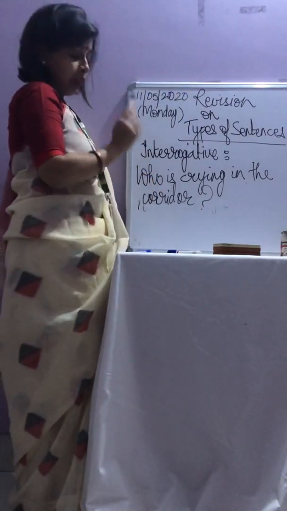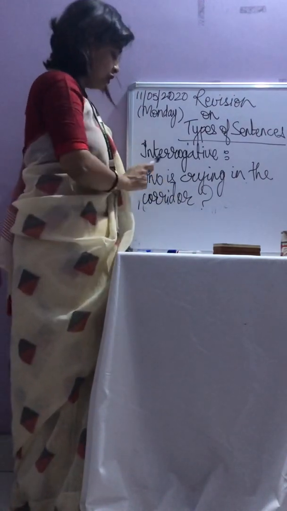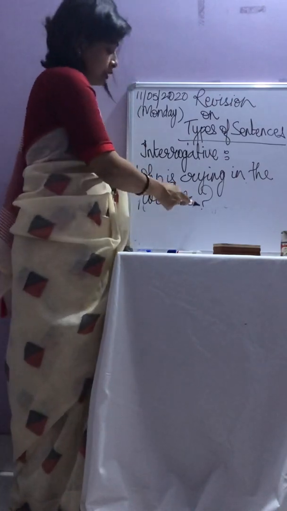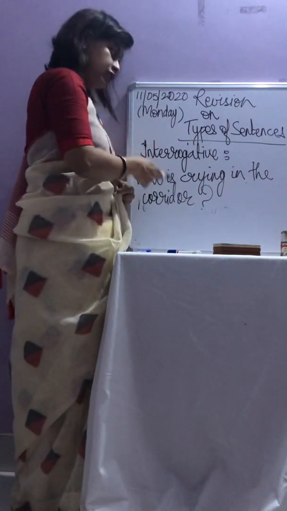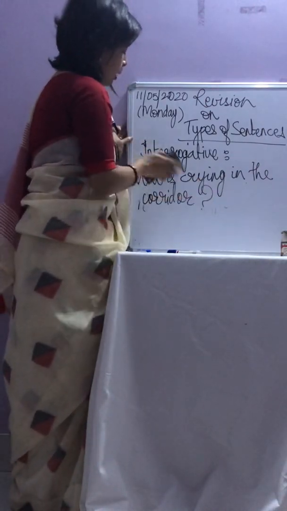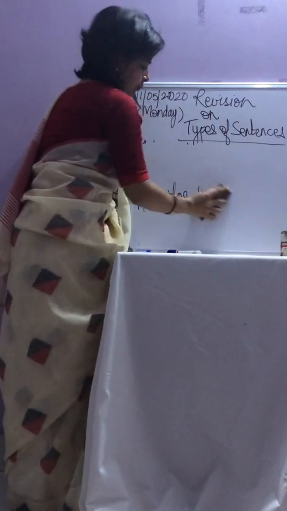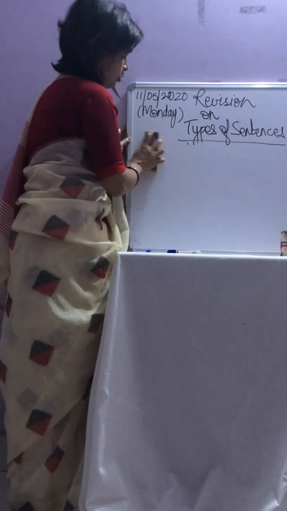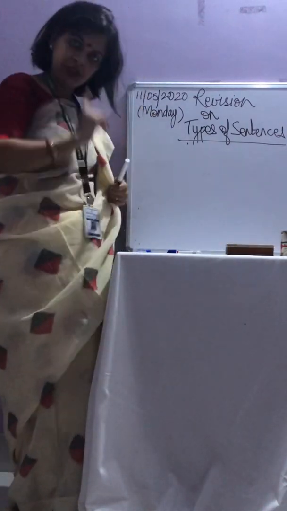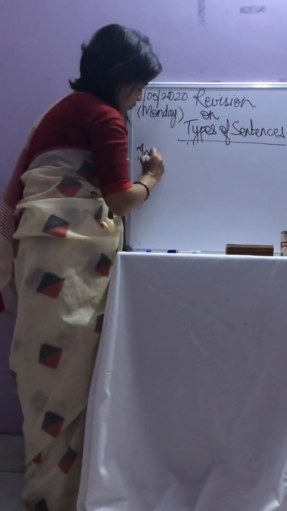Now, the interrogative sentence always questions. Okay, it always questions, and it begins with a capital letter and has an interrogative sign at the end. That's a question. So this is an example of interrogative sentence. Now let us go to imperative sentence. Children, this is a revision of the first 2 chapters which were taught to you in grammar. This is just a revision of the same. What is the next one? Imperative.